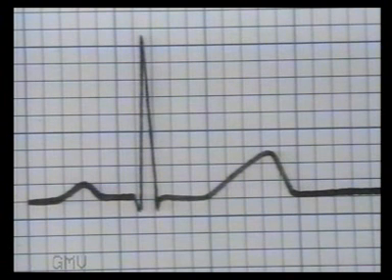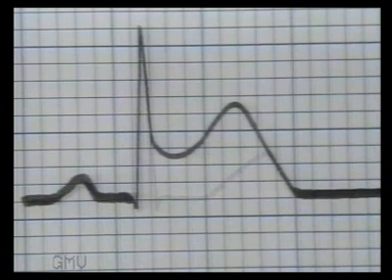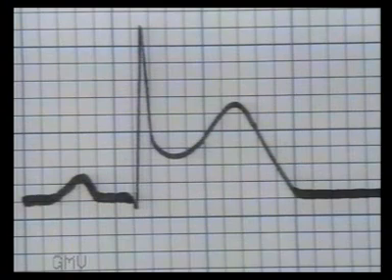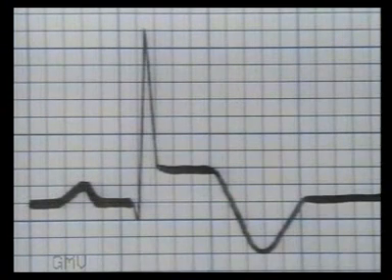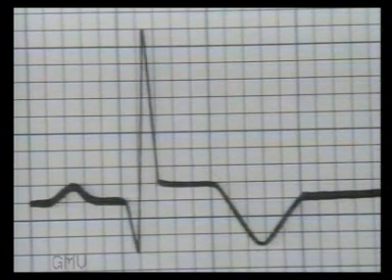Now let us study the events in chronological order. On the first day, the ST segment will be elevated with upright, tall T wave but no Q wave. Over the next 2 days, the T wave will slowly become inverted. ST segment is still raised. Towards the end of the first week, the ST segment will be returning to the base level. The T wave will be deeply inverted and Q wave starts appearing.